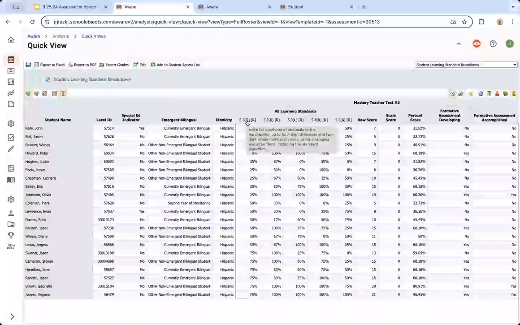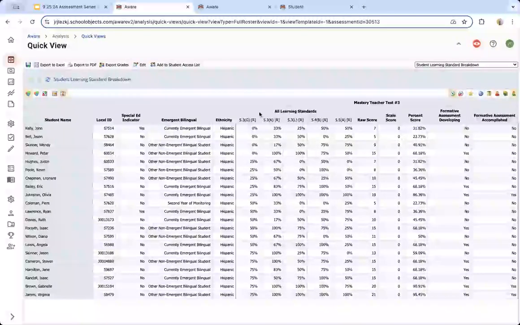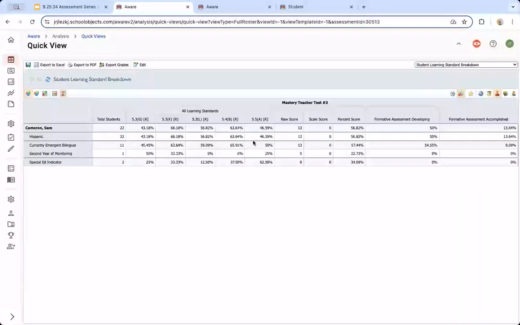5.3G is to solve for quotients of decimals. I won't read the whole thing, but it's about math. Looking down at a glance, I can say, oh, this particular one, there are no kids that actually mastered this one. So this particular standard is probably one I'm going to want to look at. And then this one, I see fewer 100s. I'm probably going to look at 5.5A. But if I go to the teacher summary, I'm going to transition to where they were. I can see, yep, those two were definitely the lowest. Now let's talk about a principle real quick when it comes to remediation or identifying students for additional instruction.